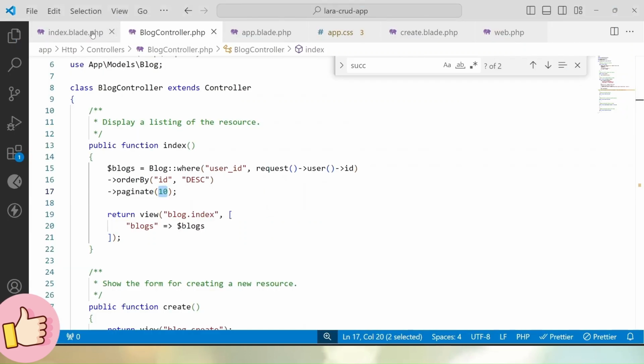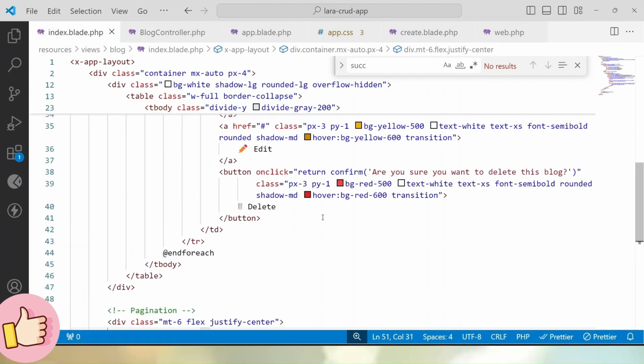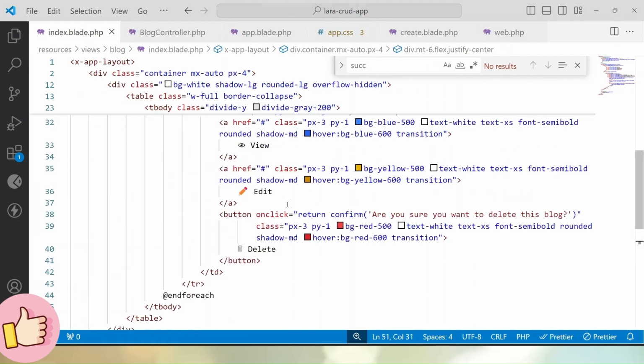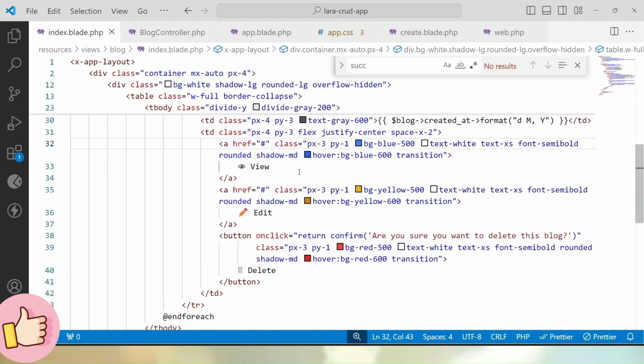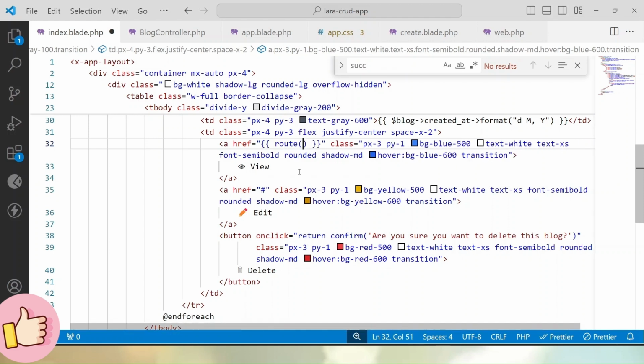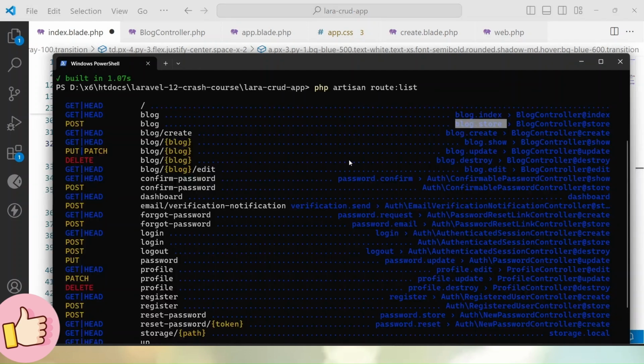Let's go to our index.blade.php. Now we have to work over the action buttons, that is view, edit and delete. So inside this view we can see we have an empty link. Let's use double curly pairs, the route helper function. To open our single blog page, if I go back to the terminal, here we have the route, and that is blog.show. It will call the show method of the blog controller class, and in that case we have to use the route as blog forward slash and the blog id. So this is the name attribute